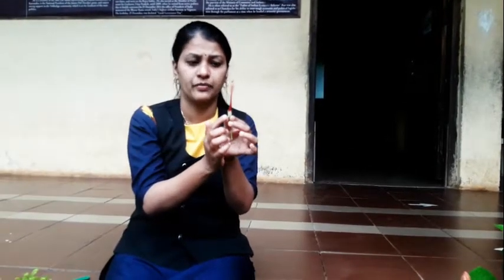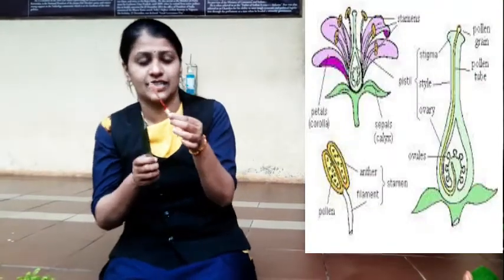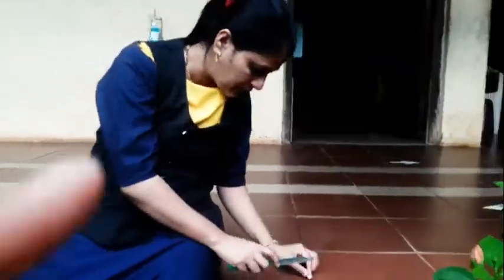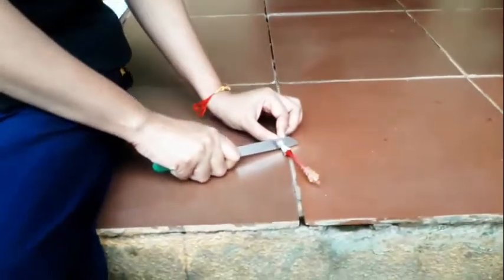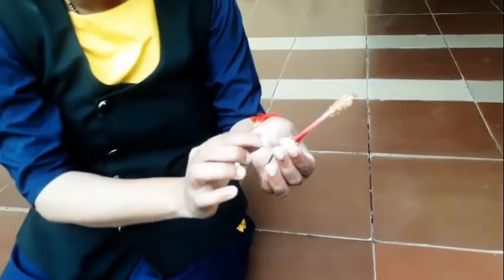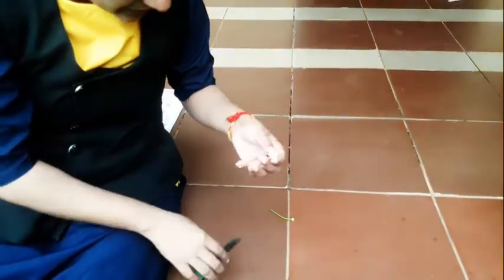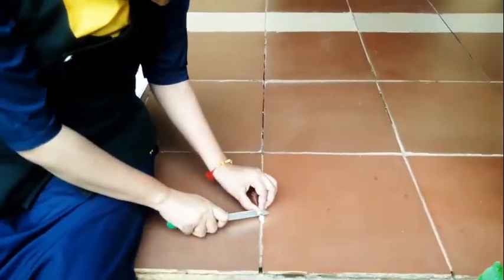So what is the function of this ovary? Let's learn. I will show you. We are going to see the ovaries. I have told you this is a stigma, this is the style and ovary. But do you see the ovary? Let's see. We are going to dissect this. So I will remove the pistil. This swollen part is called the thalamus. Now you can see. Now we will dissect this.